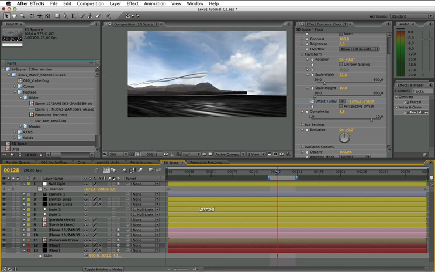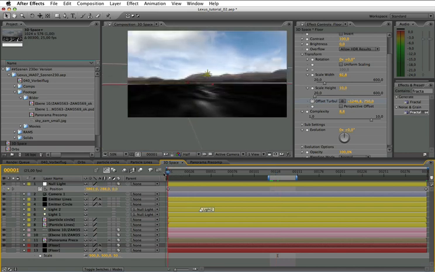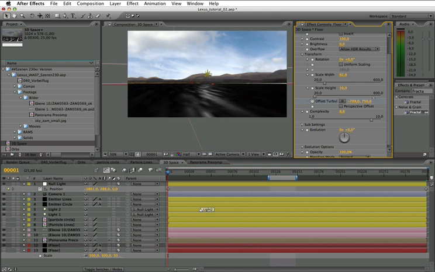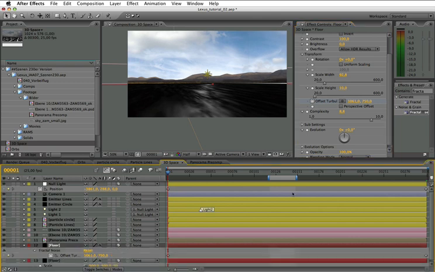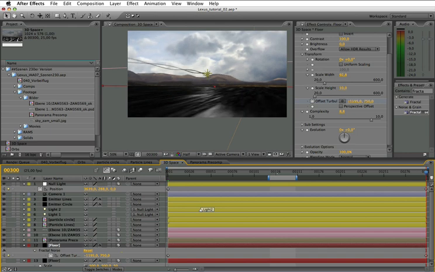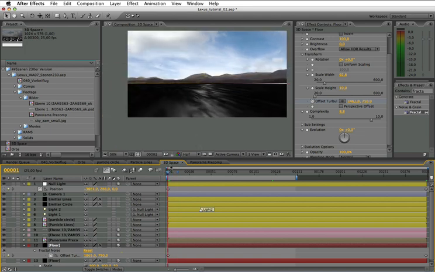So now the floor should have a movement in itself, but I'm very sorry, I just messed up with this, because actually this should be positive. Floor offset turbulence, positive, and we'll go to the negative value. Okay, so just go to the beginning of the composition, and there already the floor is moving, and it looks as